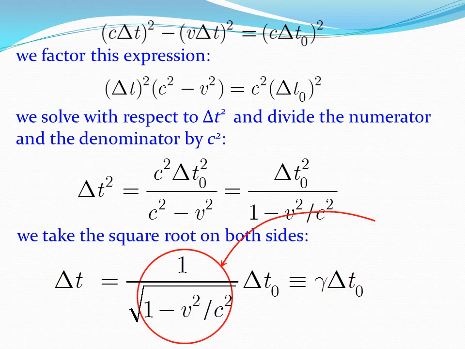Now, gamma is a factor greater than 1, since its denominator is less than 1, because it is 1 minus a positive quantity, which is v squared over c squared, always less than 1. So we are multiplying the time with respect to an observer at rest with the clock by a factor greater